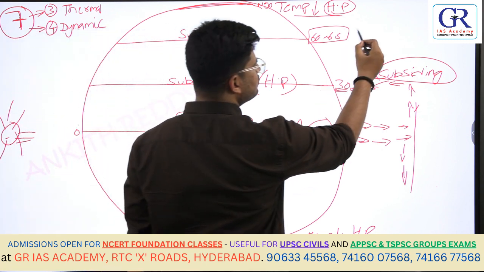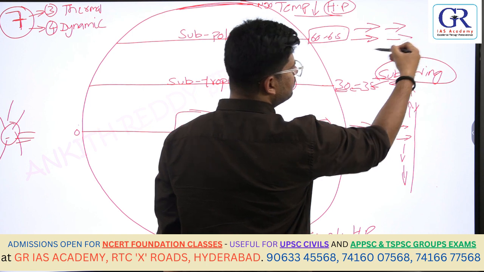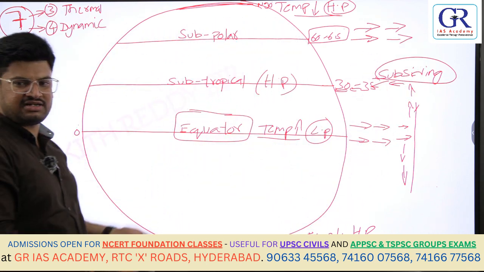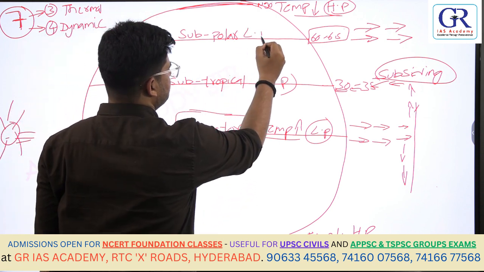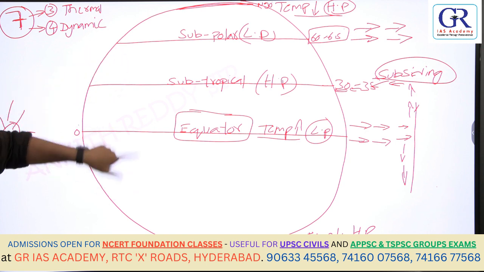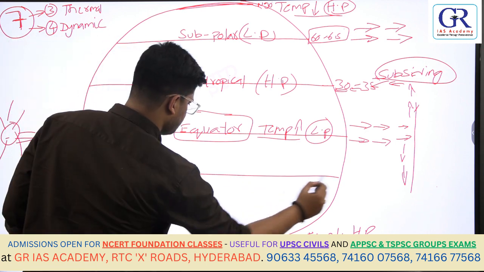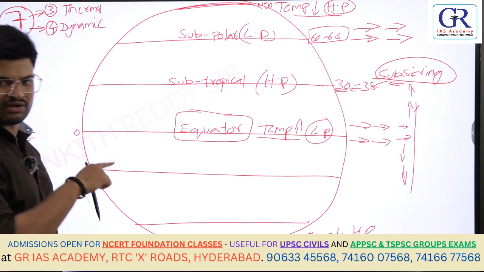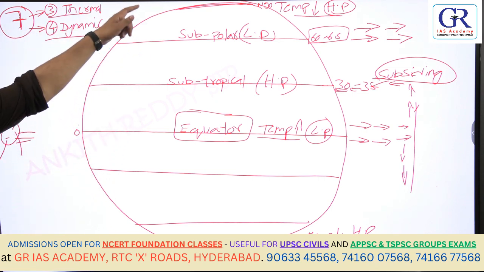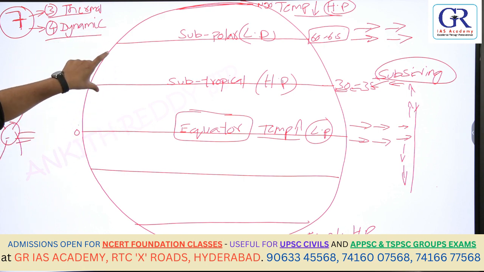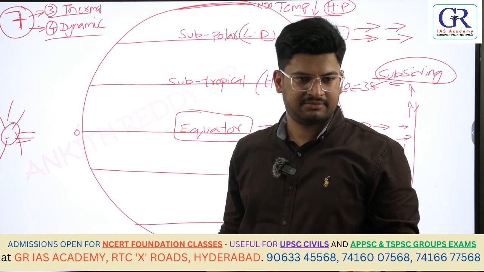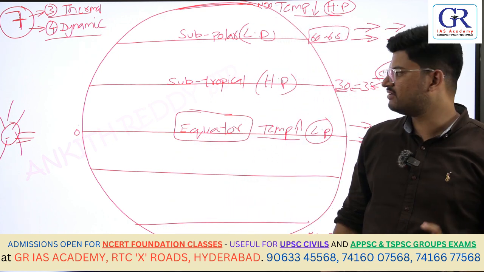So the air moves outward because of the Earth rotation. When the air moves outward, what type of pressure will it have? Low pressure. Okay. So total, 1, 2 in the north, 1 in the north and 1. Total 4 dynamic, 3 thermal. Equator and polar regions are thermal. Subpolar regions and subtropicals, these regions are dynamic. So understood the pressure belts, there are 7 pressure belts.